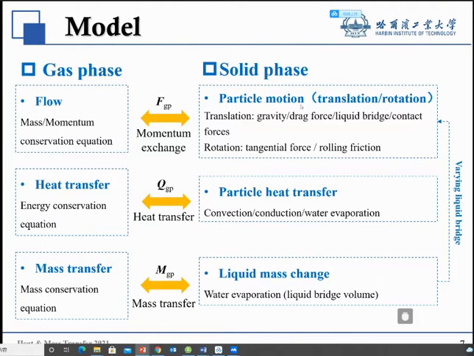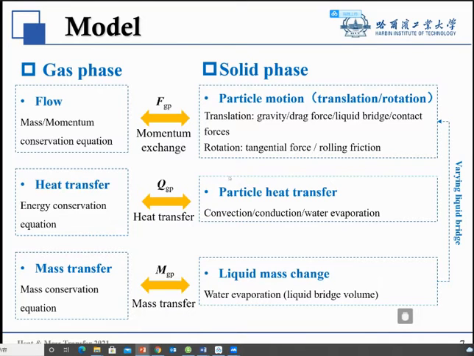The particle motion will be solved by Newton's second law, and it includes translational and rotational movement. For the translational movement, we can find that gravity, drag force, liquid bridge force, and contact force are considered. And for the rotational movement, the tangential force and rolling friction are